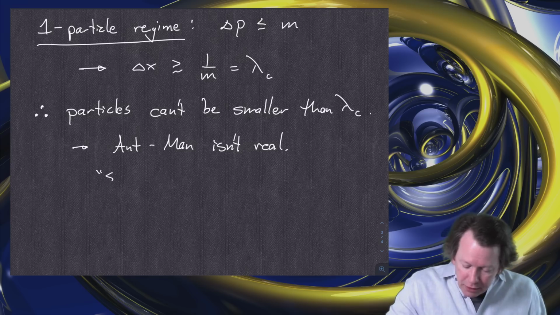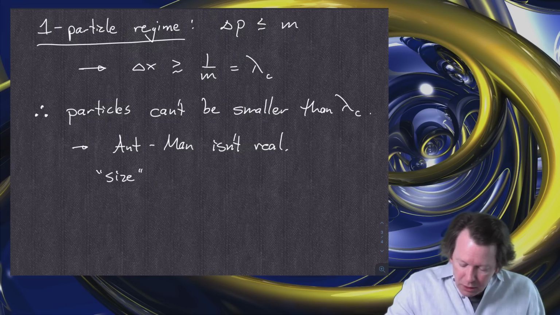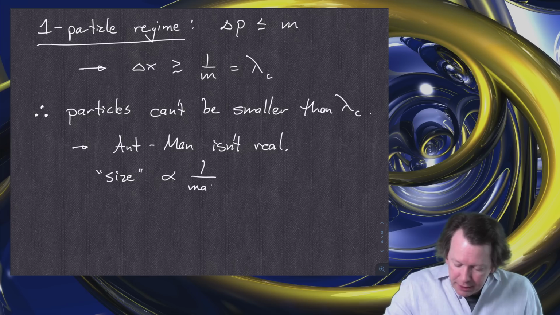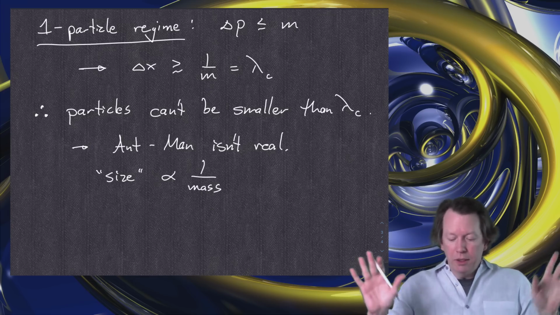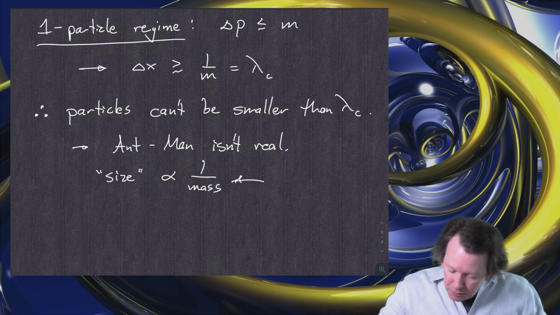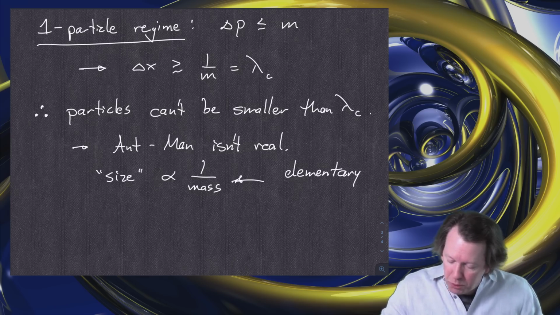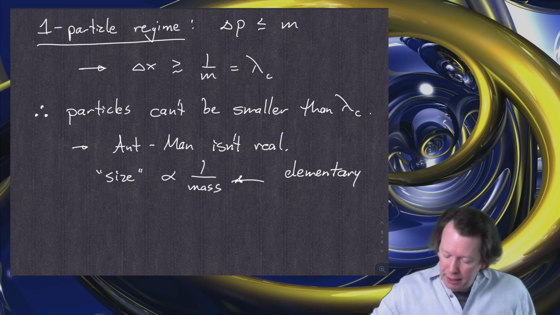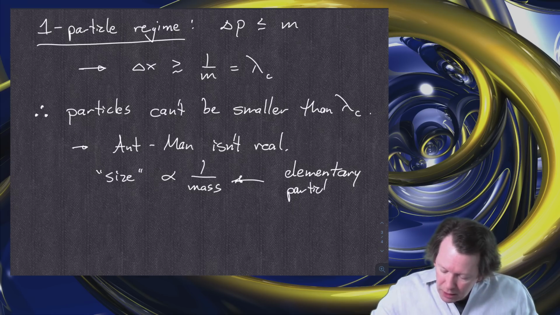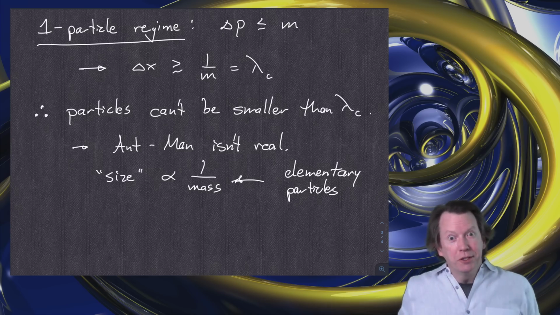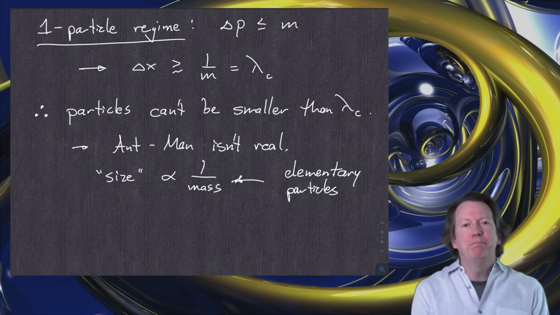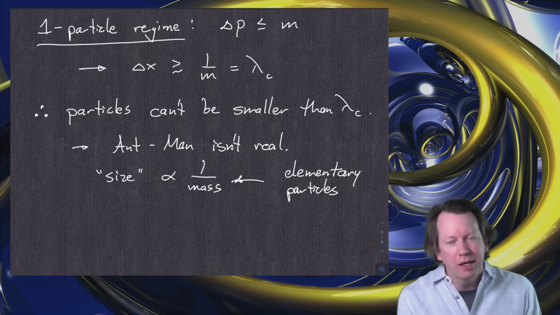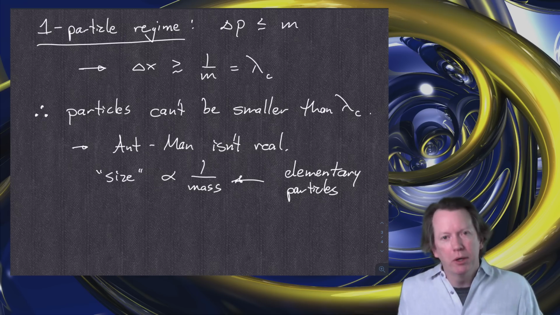So size for elementary particles is proportional to 1 over the mass. That's a crucial lesson that we got here. For elementary particles, crucially important here, because we know this is not true for pickup trucks or anything like that, right? More massive things tend to be larger in the macroscopic world. So how do we relate those two things? Where does the big size of macroscopic things come from if the size of individual particles comes from